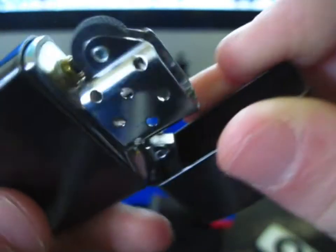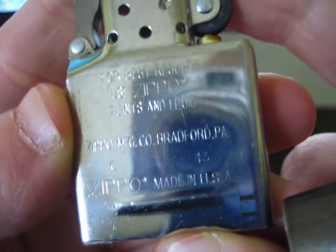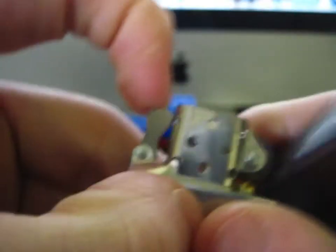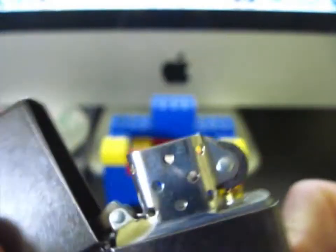That's G of 2013. And what is G? I think G is July. Let's see, A, B, C, D, E, F, G. Yep, G is July. The insert on this one is, I think, a C of 2013, so that would be March of this year. So March and July. It doesn't really matter that the dates aren't matching, because they're just made at different times. That's all that means. And real quickly, the retail price on this thing was $21.95, but